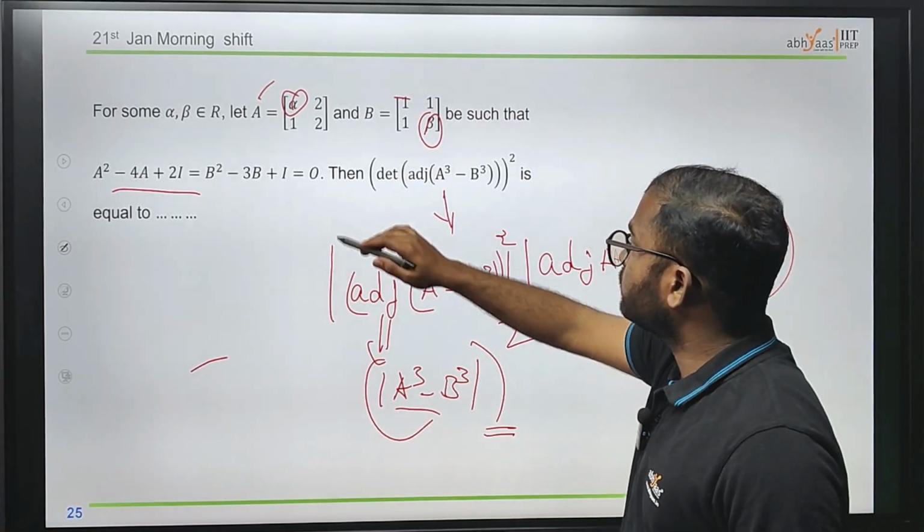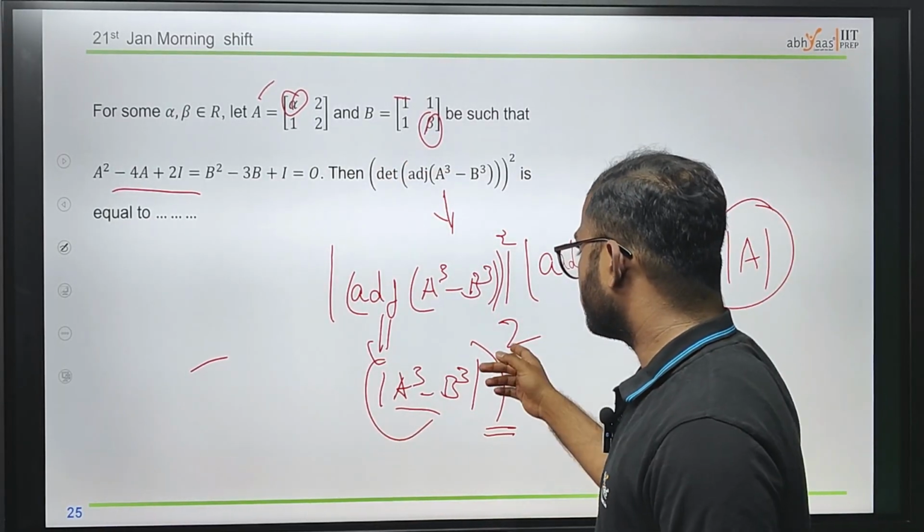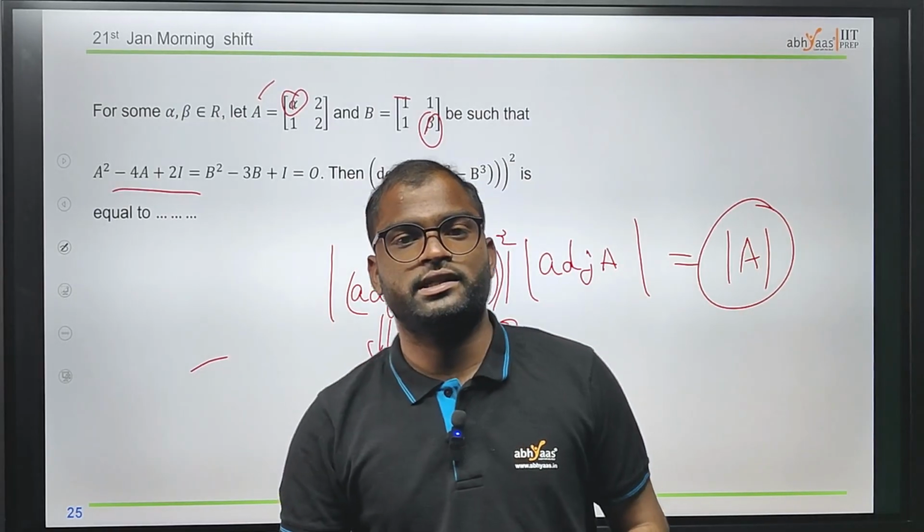After that we need to find the A cube of this one and B cube of this one. After that we can just square it, and we can easily find the answer of this question. Okay, this is the Jan 1st JEE Mains 2026